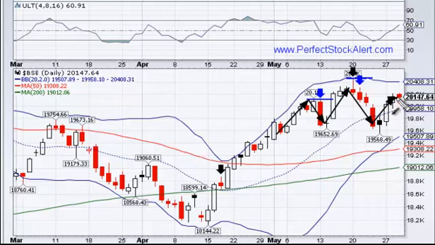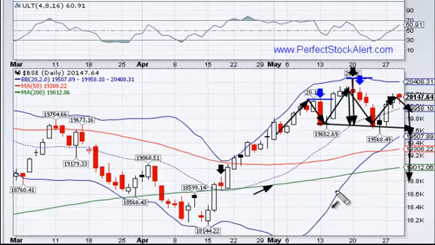I would look for this to start to pull back down this way, and you would see this neckline right here sloping down, which is also more bearish than when they're sloping up, and then a close below that neckline would be confirmation. Right now it's just a potential one, but once it's closed below it, then it will be confirmed, and you'll be looking for this thing to break down this distance. Well, actually I should measure it from here. This distance here, all the way from the close. So we're testing it down here under the 200-period moving average, and that again is indicative of a bear market.